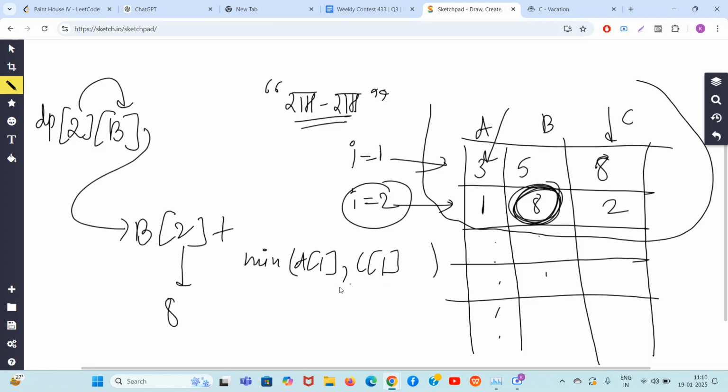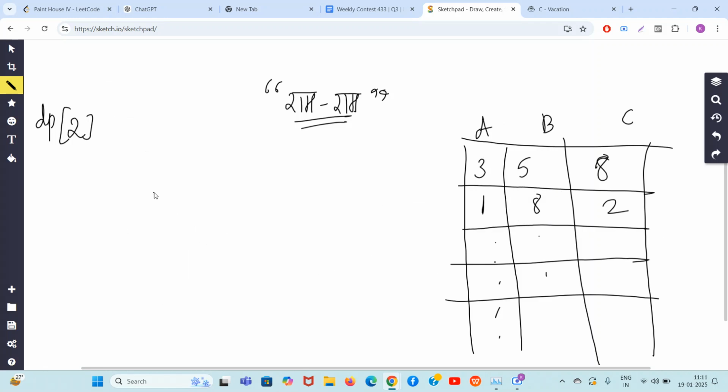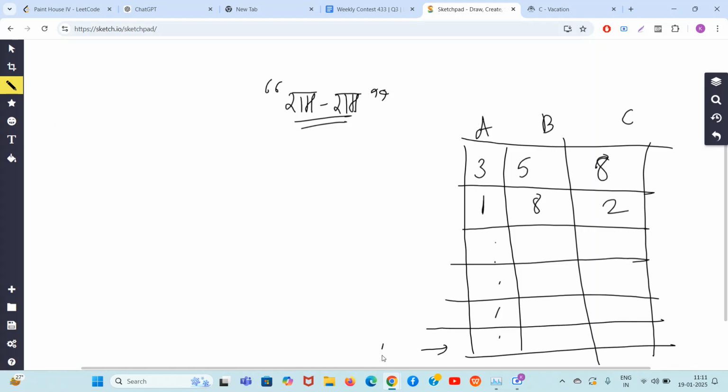You can rewrite this as minimum of dp1c, dp1a, whatever is the minimum from those, that different type I will add to the b2. So guys, similarly, I hopefully you can make the formula for dp2c also. So guys, now you can generalize this formula for any index I. Let's say this is our n, okay. For any index I want